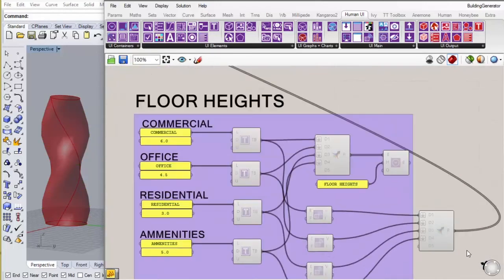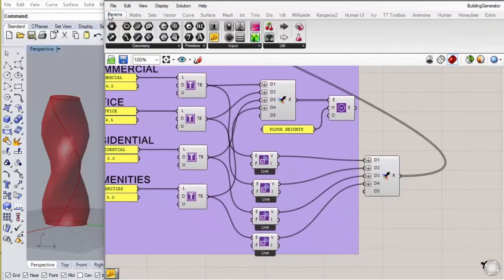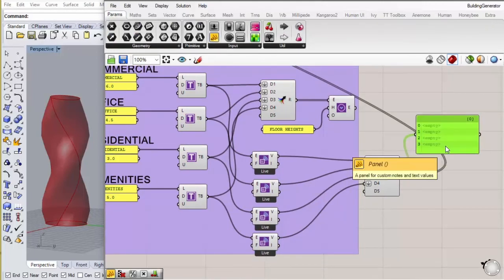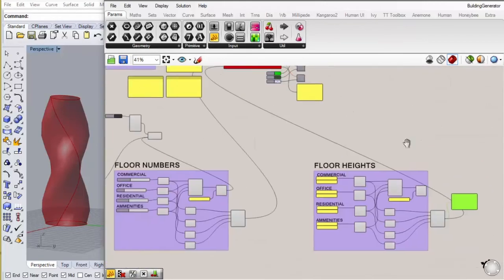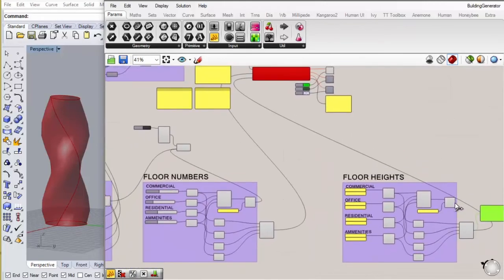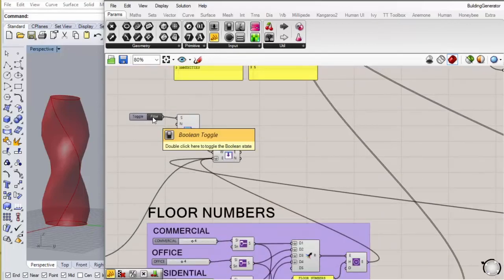Failed from text to number. So what are we actually getting? We should be getting numbers back from here, and we're getting nothing. Probably because we have to actually launch this window. So let's include this here. Let's reopen the window.